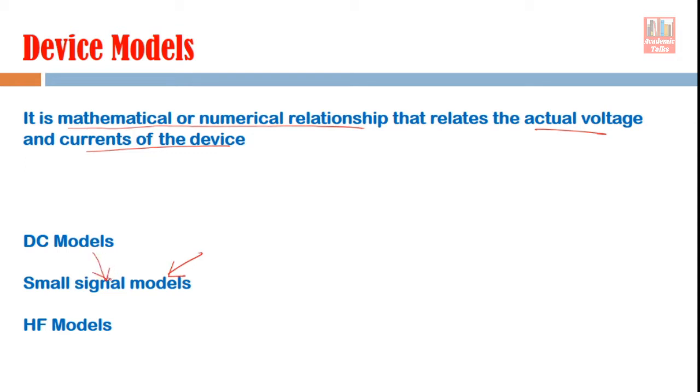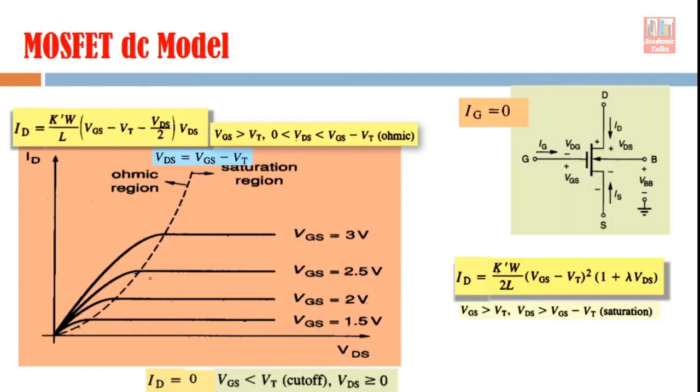So in order to understand small signal model, it's better that you first revise your basic concepts about the DC models, because today first we will see what the DC model is, and then we will make some changes in the DC model, so that we get the small signal model. As I told you, DC model is the basic model, and we have to derive our small signal model from it. So first here I am showing you all the DC model characteristics.